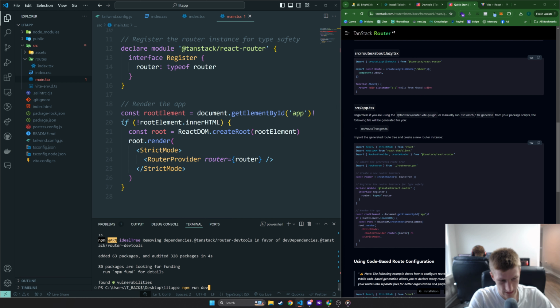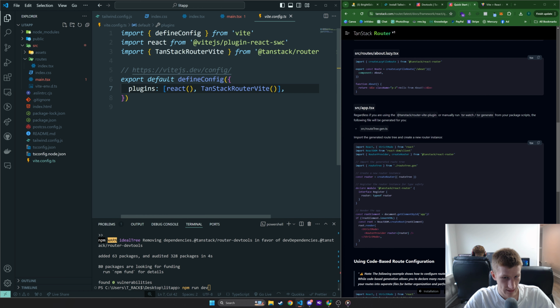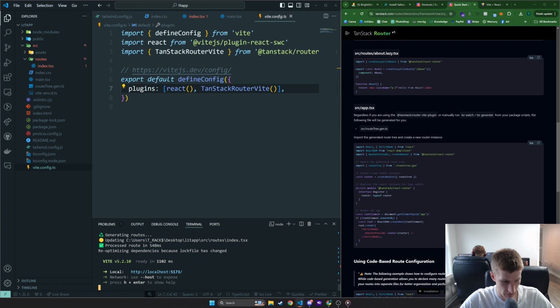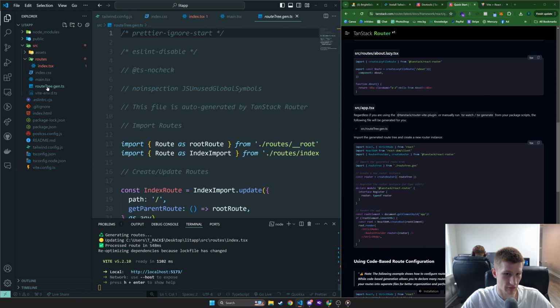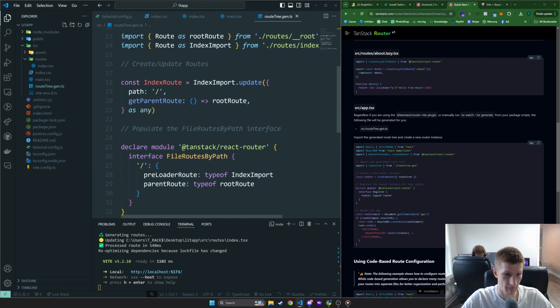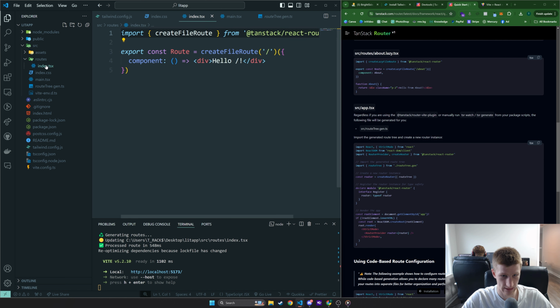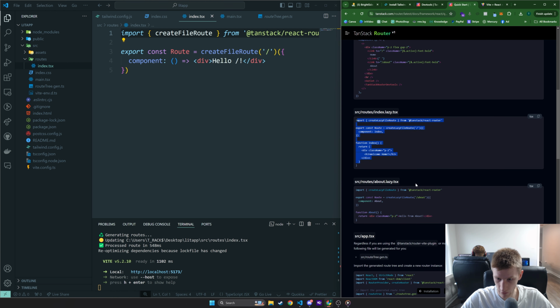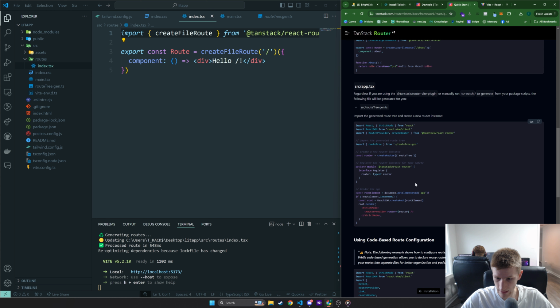So how this works, when you have this Vite plugin here, is when your server's running, it will automatically generate the routes for you, and it literally creates this file and just will code it out for you. So it knows that there's this index here. The only thing that we're missing still, I believe, is we need the underscore root file, because